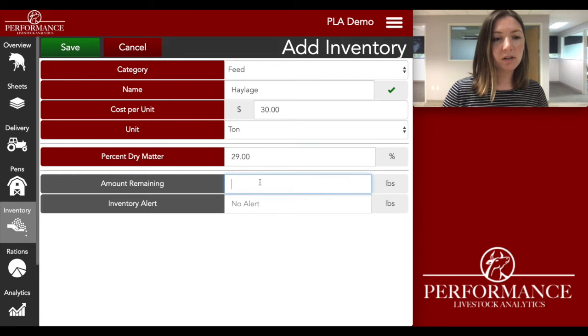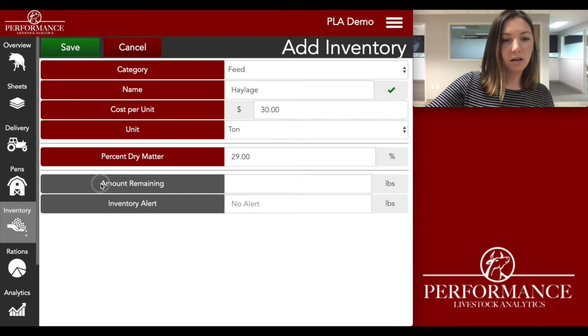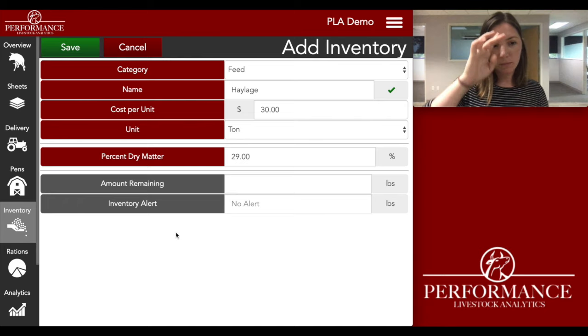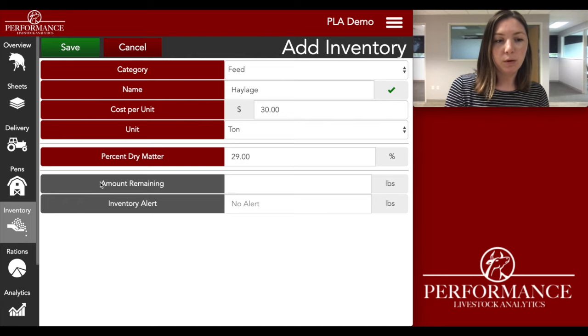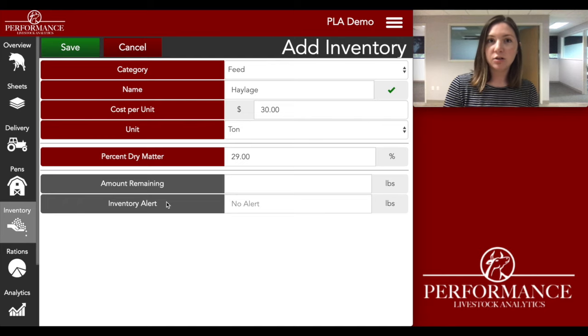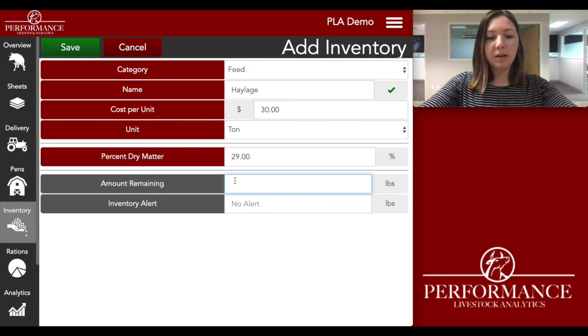And towards the bottom, you'll see there's this amount remaining and the inventory alert. Those are kind of optional at this point, but what I really like about this system is that by using those two sections, you can actually track your inventory. Not many people know that you can do this, but it's really nice once you actually use it. So right now, I'm going to just put in